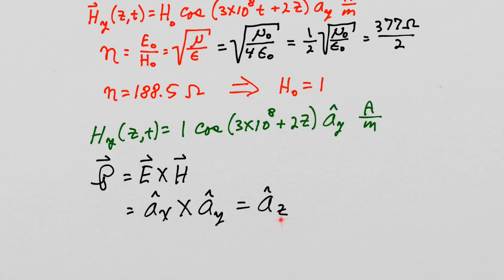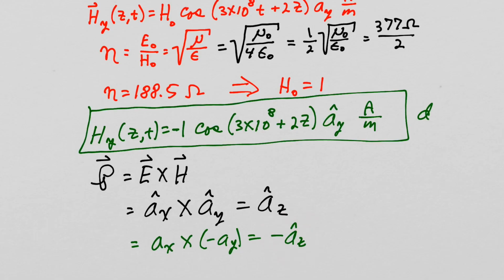So we have to insert a minus sign here so that when our electric field is in the x direction as stated in the problem, the magnetic field intensity is in the minus A sub y direction, so our cross product of E cross H gives us power flowing in the minus z direction. So here is the answer to part D for our magnetic field intensity for this given electric field intensity.